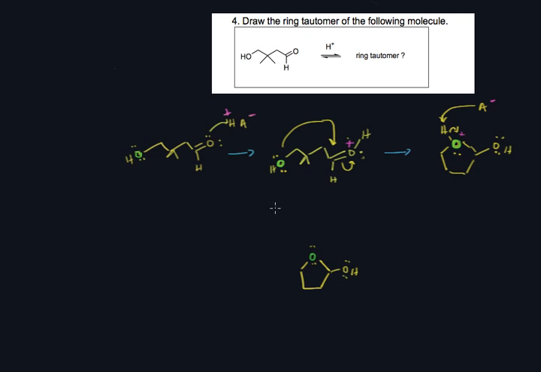All right, we're going to keep going with the April 29 to May 3rd SI sheet with problem number 4. It says draw the ring tautomer of the following molecule. Similar to a keto-enol tautomerization where a molecule can exist in two states, we're doing a ring tautomer. So we are presuming that this molecule right here can also exist as a ring, and we'll show how that